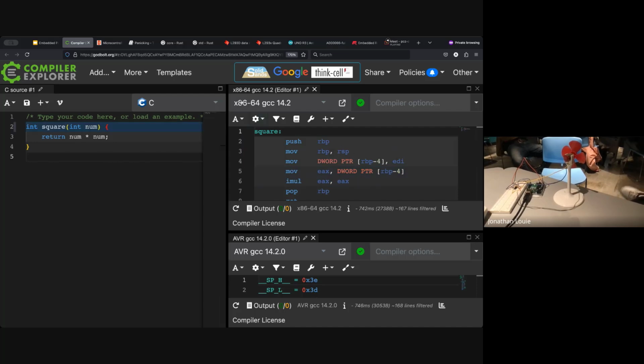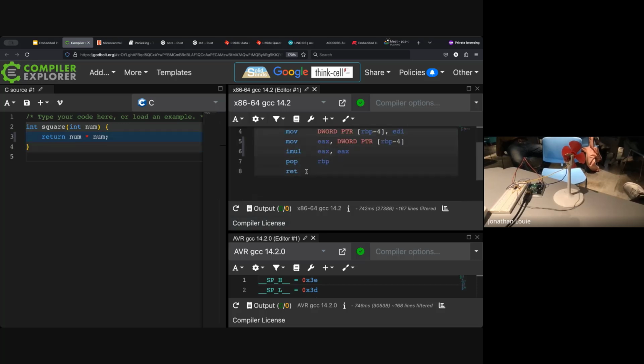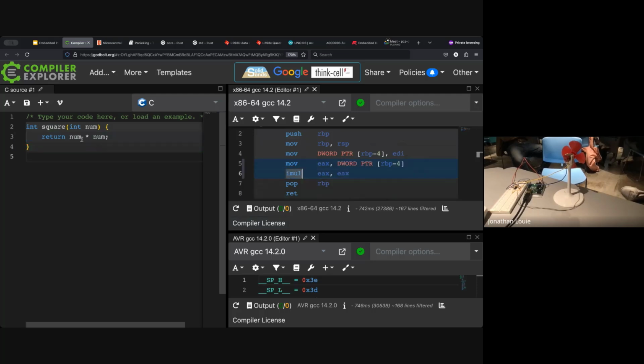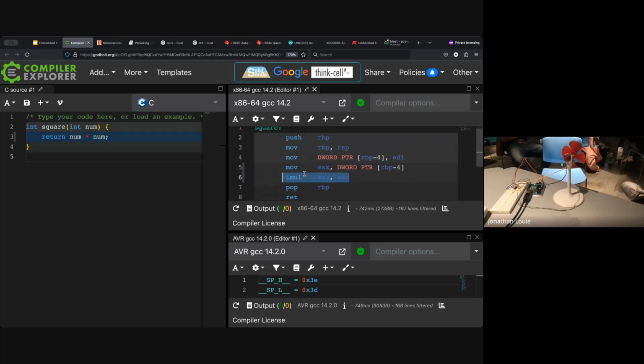But on the top here, I've got x86. It's a little bit crowded, but this window that I'm scrolling is the x86-64 assembly for this function. You don't really have to know what it means, other than it could be useful to know that this is the actual multiplication that we see between our two numbers. That's what it looks like. So just know that it's whatever that is, 7 or 8